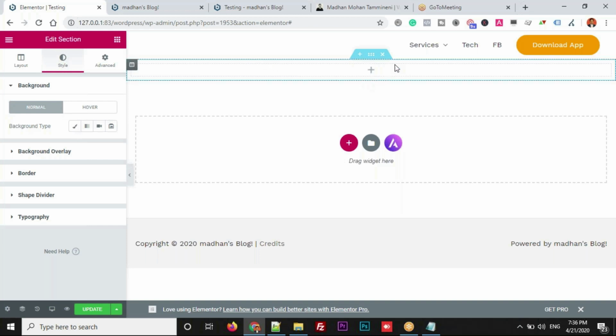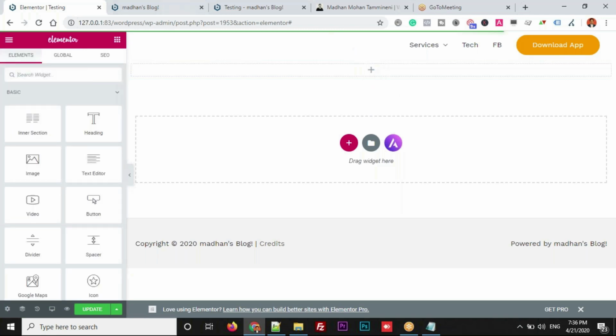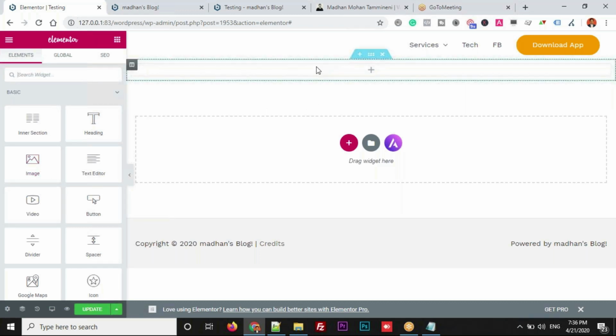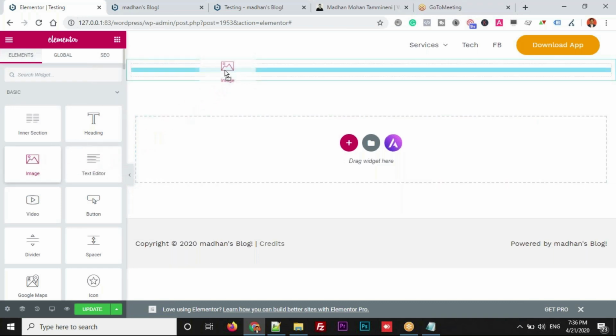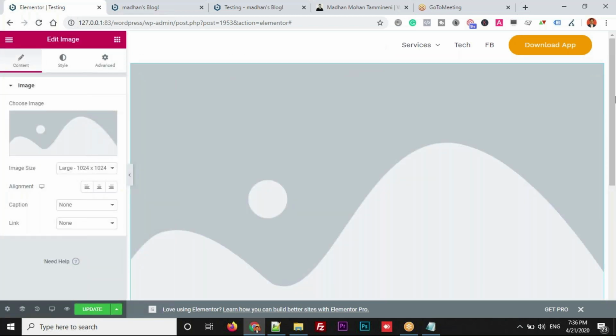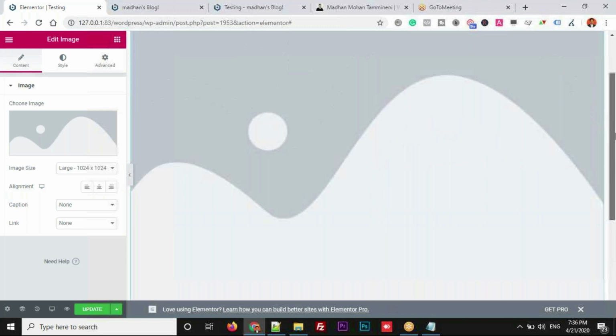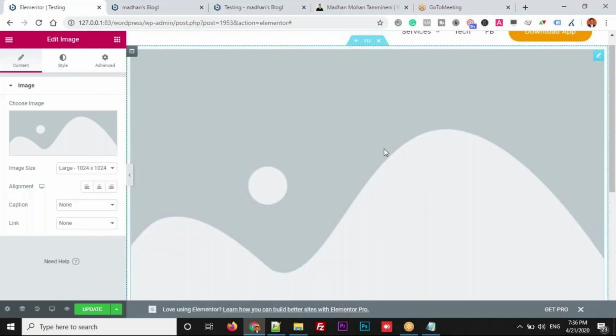Now what you need to add inside this row, I want to add an image. Now how would we see these widgets again? For that, just click on this plus symbol. Once you click on this plus symbol, on the left, widgets will appear again. Now what widget do we need to take from here? Image widget, because I want to add an image. So just hold this widget, drag it over here onto the right, and drop it.